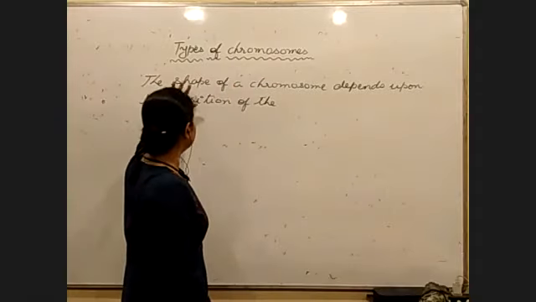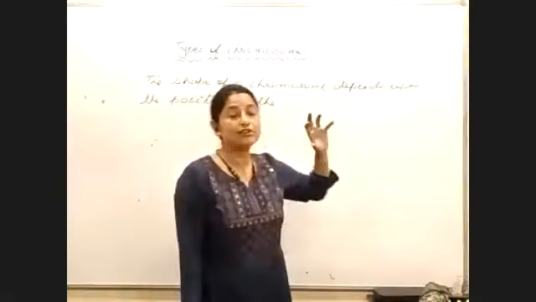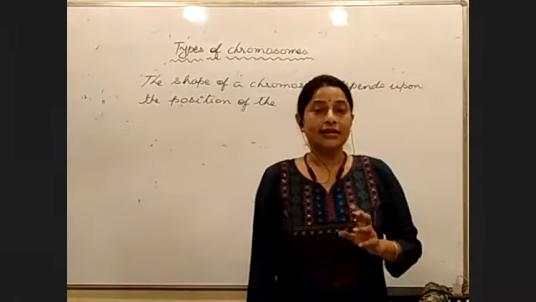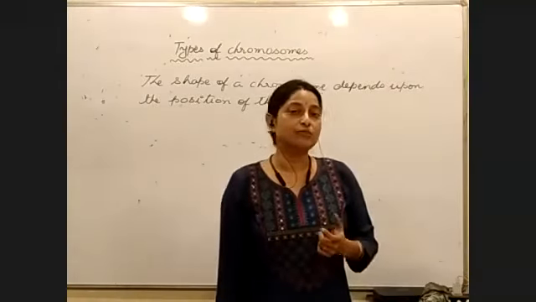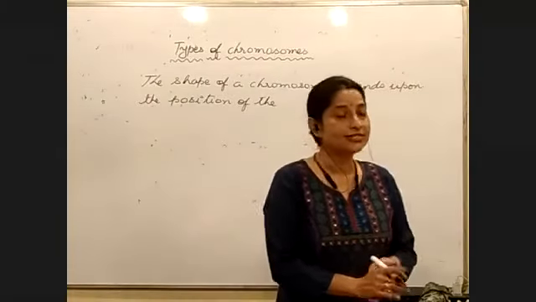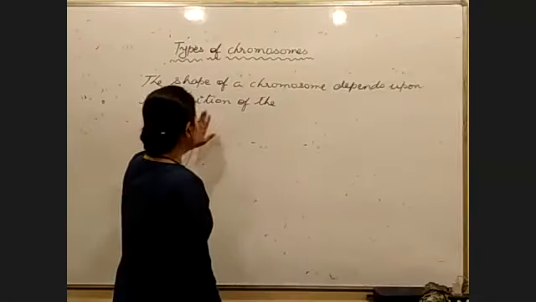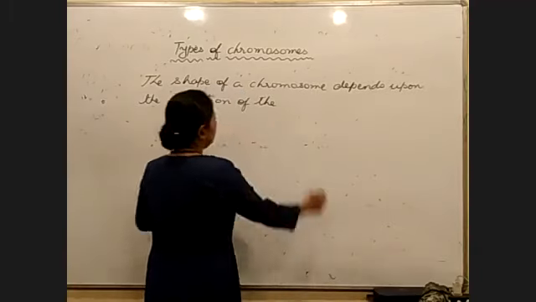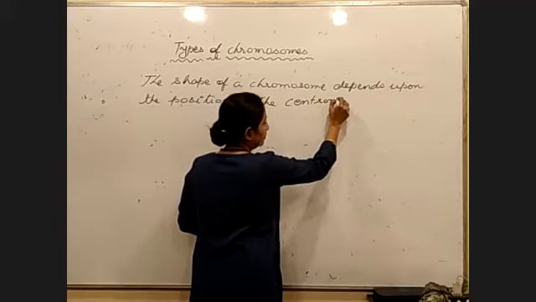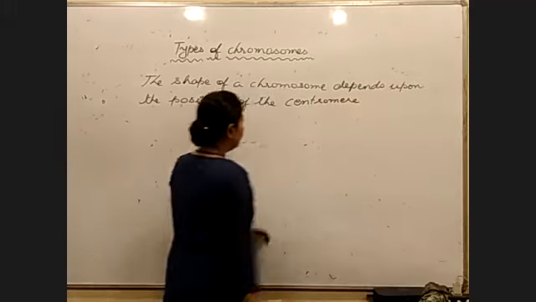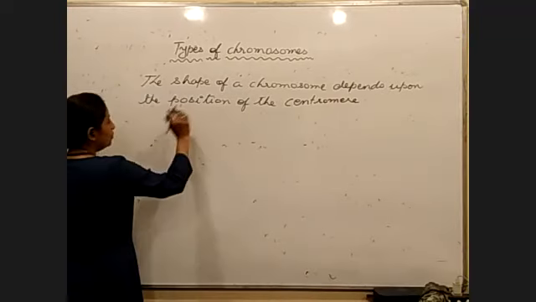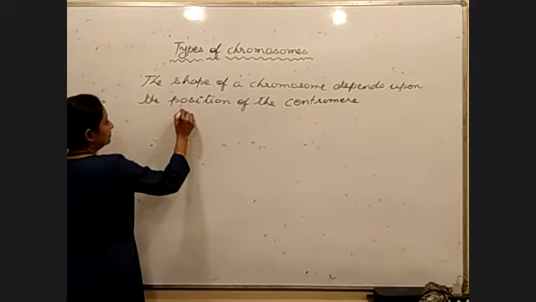When we are talking about the shape, what does it mean? When we are talking about types of chromosomes, all those types would have a specific shape, and according to the shape, they are given those terms. Yes, so the shape of a chromosome depends upon the position of the centromere. Right? And on the basis of this, a few common shapes are